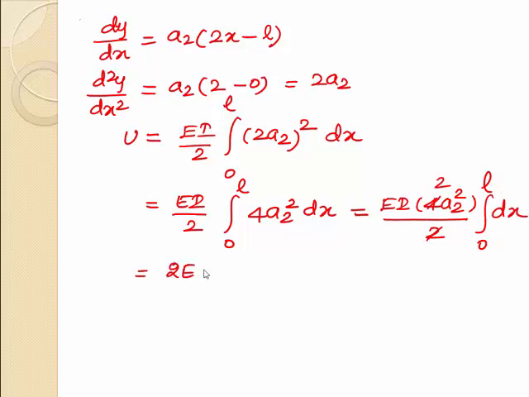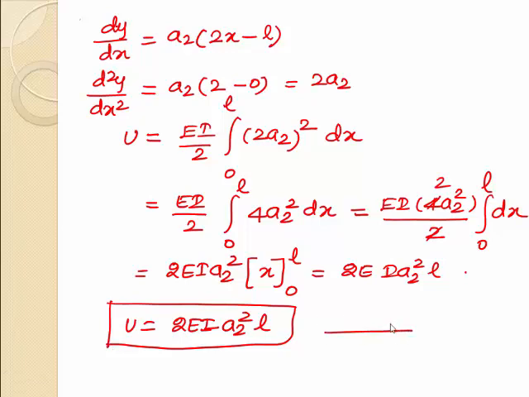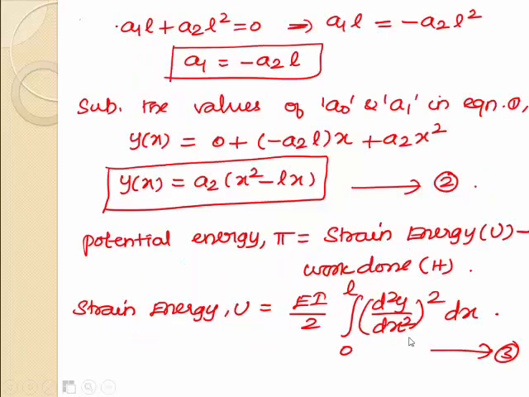So 2EI a2 square, integral value is x between the limits 0 to L. So 2EI a2 square L. So this is the strain energy value for the given problem. So equation number 4. Then work done